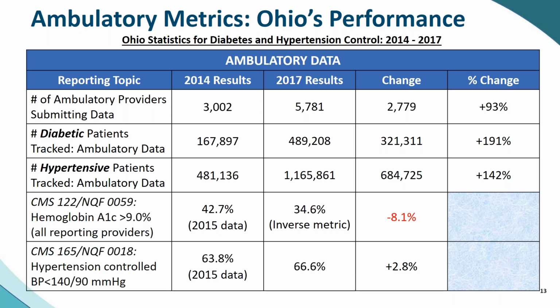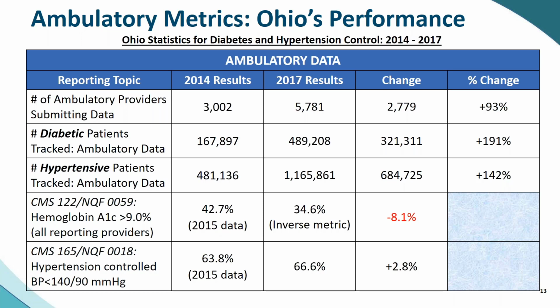The number of hypertensive patients was over 1 million, almost 1.2 million. And so the information was pretty significant in the amount that was tracked. What were the results? The results showed that on the diabetic side,